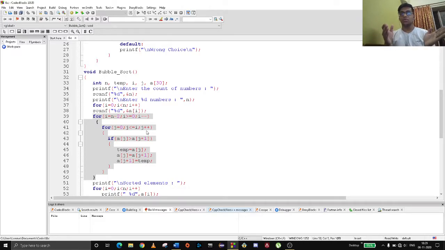So temp is equal to a of j. Now we assign a of j equal to the next element, because the next element is smaller, so we need to swap it with the greatest element. The greatest element's place should take the smallest and the smallest should take the greatest. So we swap a of j and a of j plus 1, the previous and the next element, and again store that value.